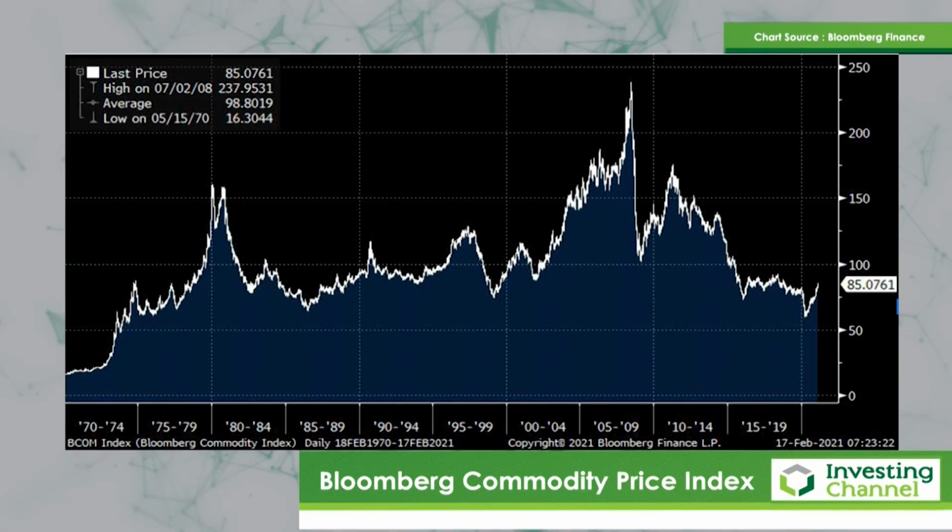In fact, we are only nearing the foothills if this is going to be a climb up a very sharp curve. It's nothing like the 70s move, and it's certainly nothing like the move that we saw in the noughties, i.e. the 2000-2010 era associated with Japan.